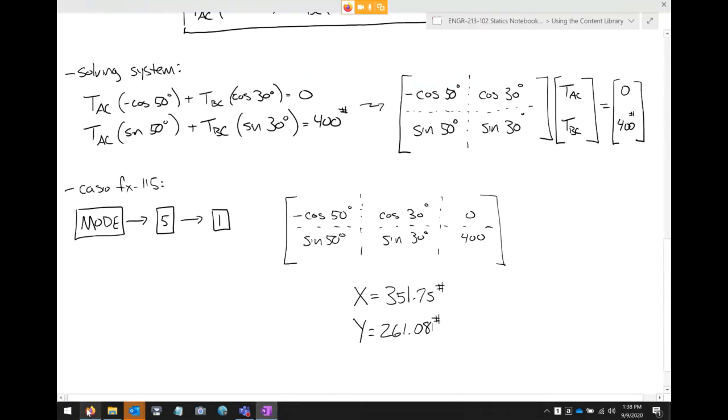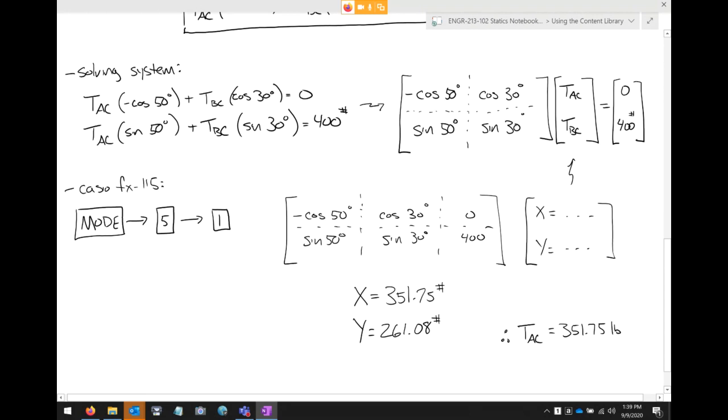All right. Now, what does this mean for our answer? Well, what the Casio is spitting out is X equals some value and Y equals some value. And the way that we organized our equations, the first row was for TAC and the second row was for TBC. So therefore, the tension in rope AC is